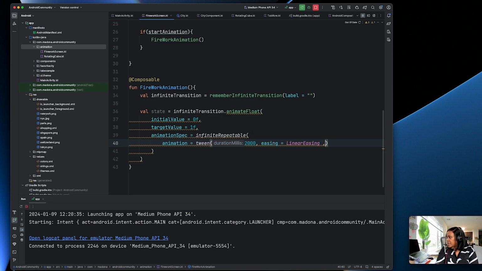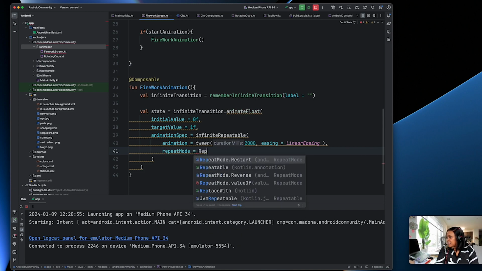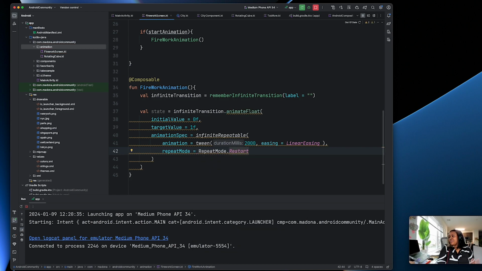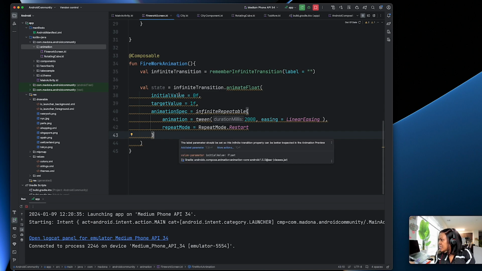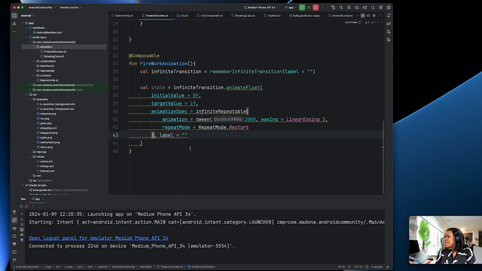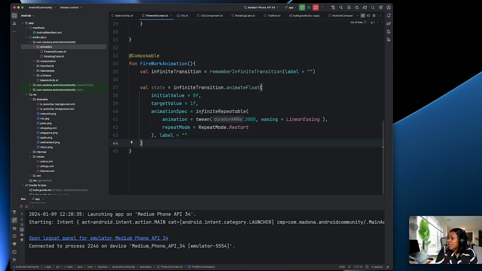And then here I'm going to continue and tell it I need a repeat mode. As we already read, it needs a repeat mode. We can say restart, and I see it's complaining. Not complaining, but rather we have, what is this? The label parameter should be set so this infinite transition property can be better inspected. Okay, so it needs a label. Okay, it looks better now. Interesting. Okay, so for now, I'm just going to leave it as is and go ahead and start creating my